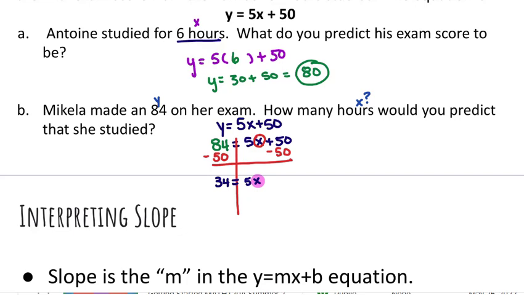And we're still trying to figure out what this x equals. So undoing the 5, this is 5 times x. So to undo that, that's 5x divided by 5. And what you do to one side, you do to the other. So we're going to divide both sides by 5. And then we're going to get 6.8 equals x. So the number of hours that Michaela would have studied based off of her score, we would predict that to be 6.8